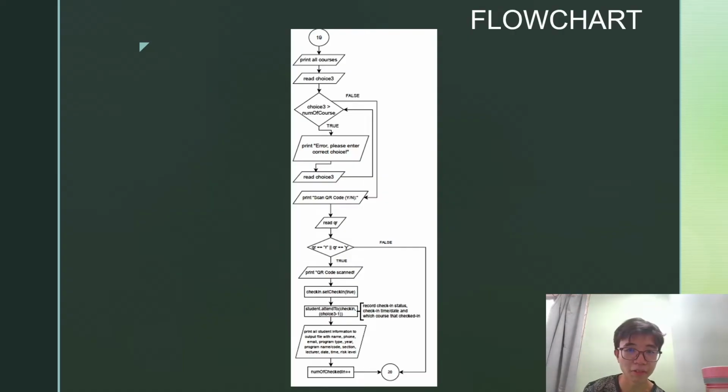If the user enters 4 to check-in, the system will print all courses and read choice 3. If choice 3 is larger than the number of courses, the system will print an error, "please enter correct choice," and read choice 3 again. If choice 3 is smaller than the number of courses, it will print "scan QR code Y/N" and read the QR input. If QR equals Y, it will print "QR code scan" and go to the